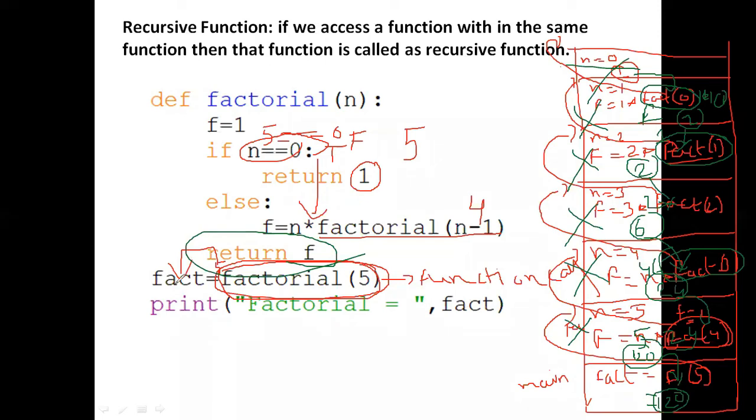Understand that if I write fact equals 5, it is a constant, so the 5 is assigned to this variable. But for factorial of 5, we don't know the value, so we call the factorial function. In each iteration, we find the factorial of n minus 1, and the values are returned to the calling function. So the 120 is assigned to the variable fact, and then you print the fact value. I hope everyone understands recursion.